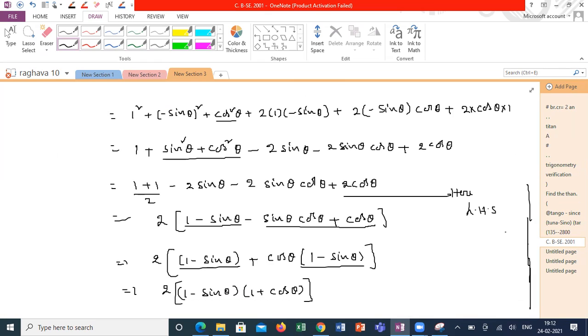Guys, clear or am I confusing too much? Yes, sir. Clear. Got it, sir. So there are 2 methods. You can take LHS, do up to what I marked, again take RHS and expand, you will get LHS equal to RHS. That is also one more method. So shall I go for one more question like this? Will you try? Okay, sir. Yes, sir. It's looking like your textbook question only.